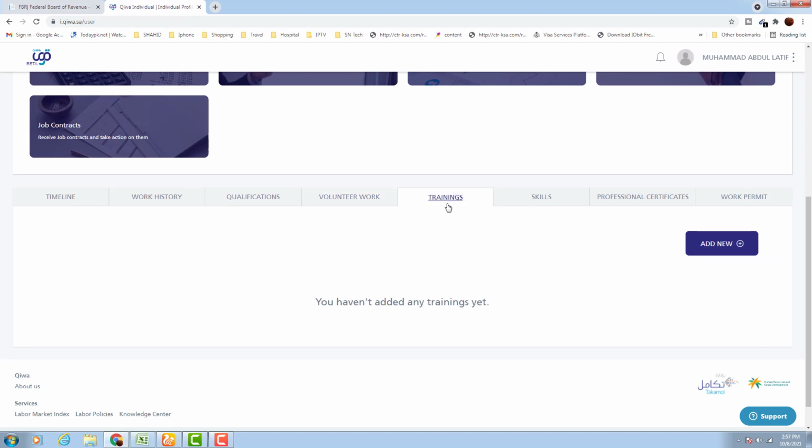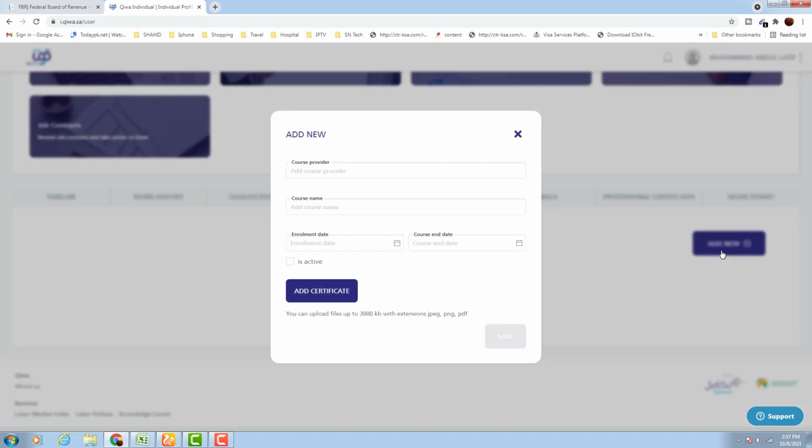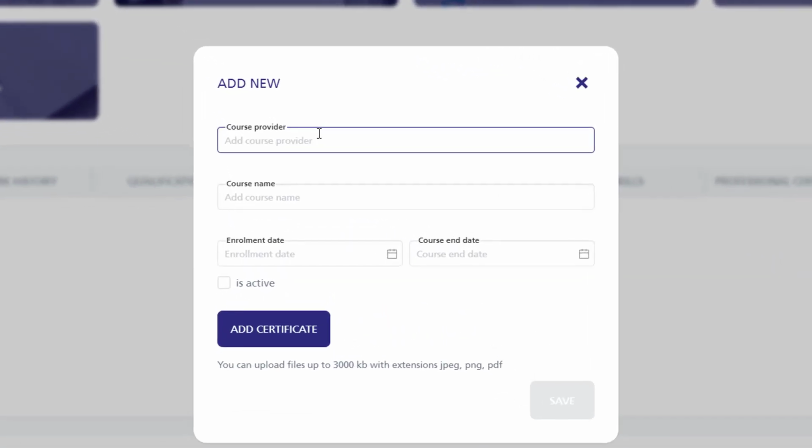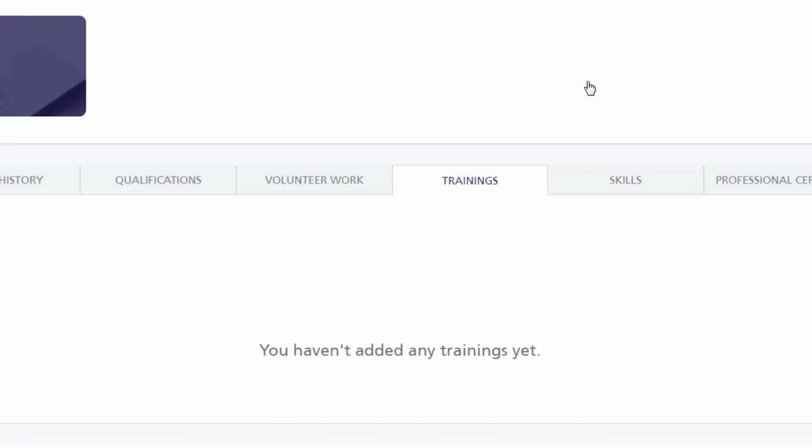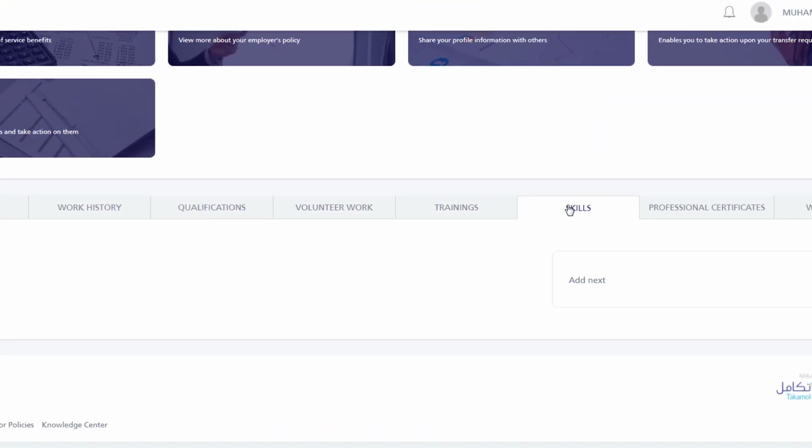Okay, trainings. If you get any trainings by yourself or from companies, you need to click on add new, choose your period and put the details of the trainings here. After that you can also add certificates. If your training is still active, you can click on active, then save it.